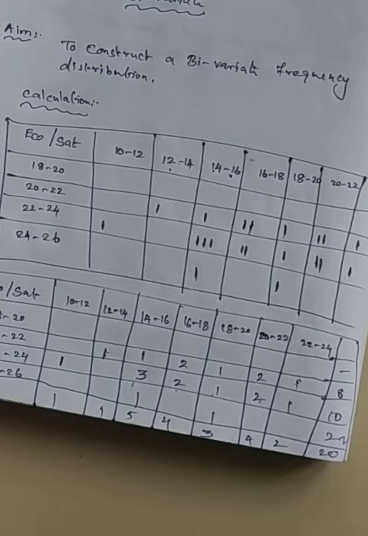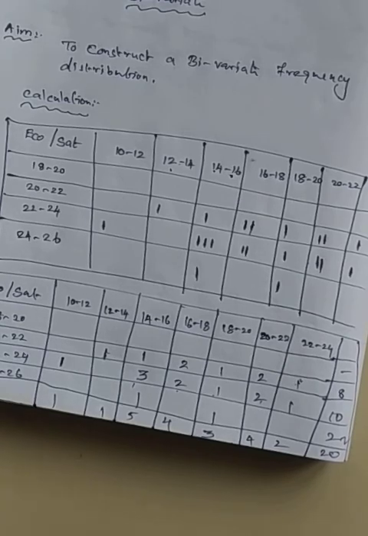So in this way you need to write the entire table. I told you I will do 5, but I will do only 2. You please write and send me.